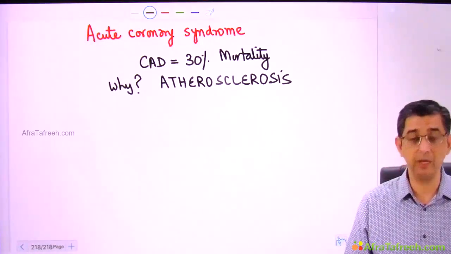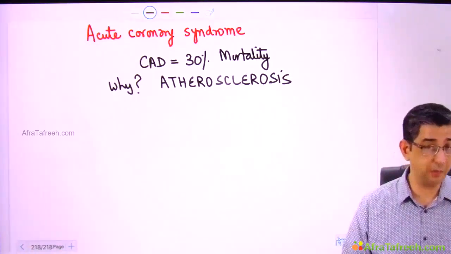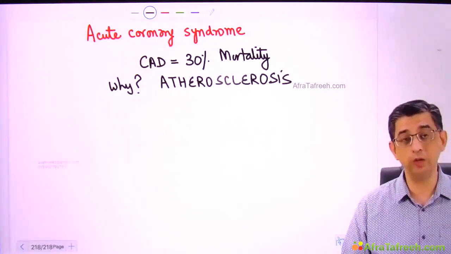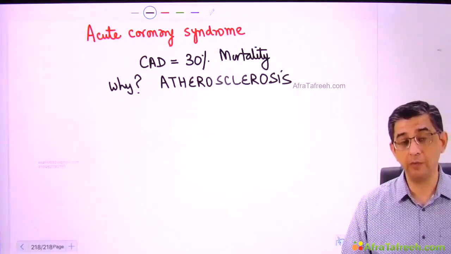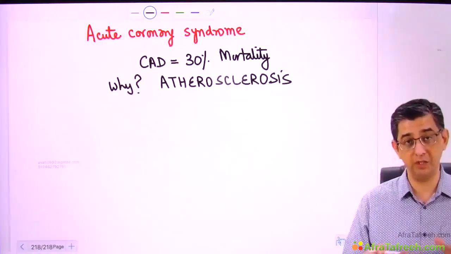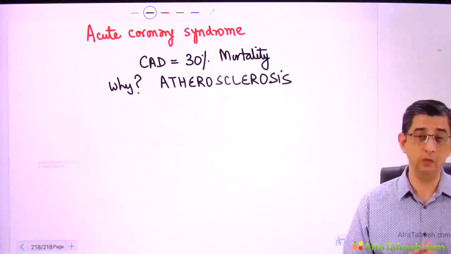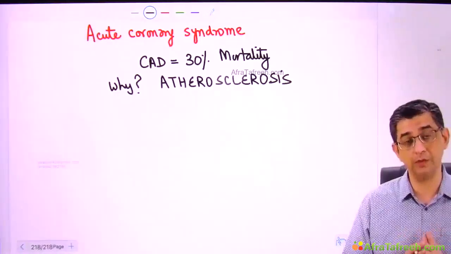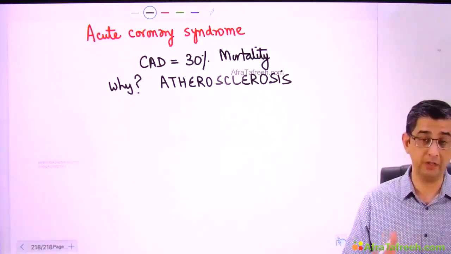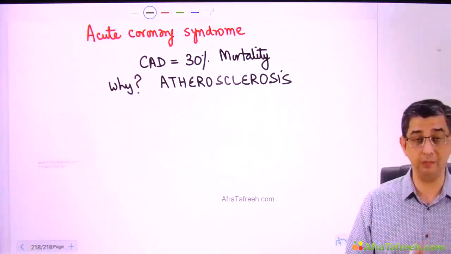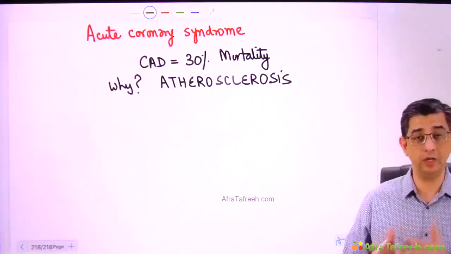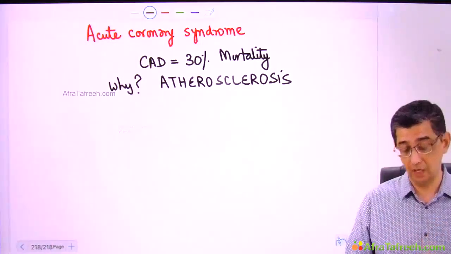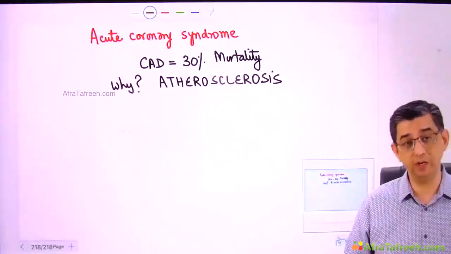And as you can see from the name, atherosclerosis implies there's going to be fibrosis in the coronary artery. This fibrosis can not only cause narrowing and reduction in the lumen of the artery, but God forbid, if this fibrotic plaque fissures, then there could be a collagen exposure. At the moment collagen is exposed, the platelets will jump onto that opportunity and will cause clot or thrombus formation, and within a few seconds or minutes the whole coronary artery or a part of it might actually become thrombosed, due to which the blood supply to the cardiac muscle would obviously be cut off, and this would result in a substantial amount of necrosis in the heart.